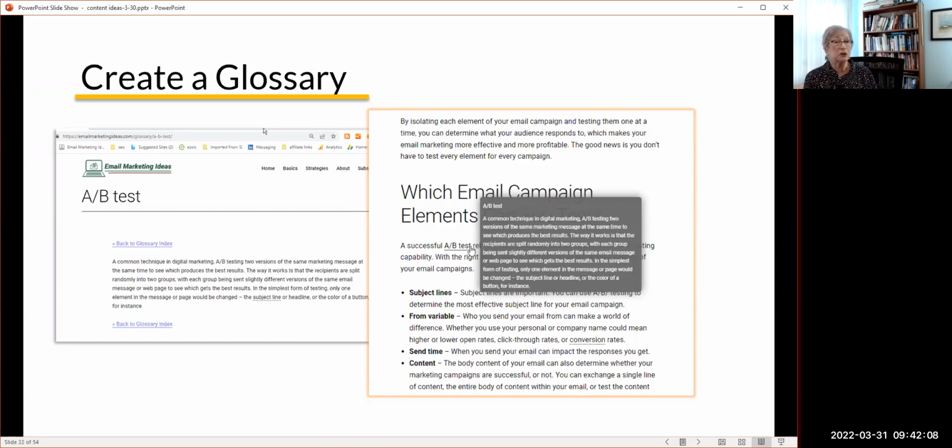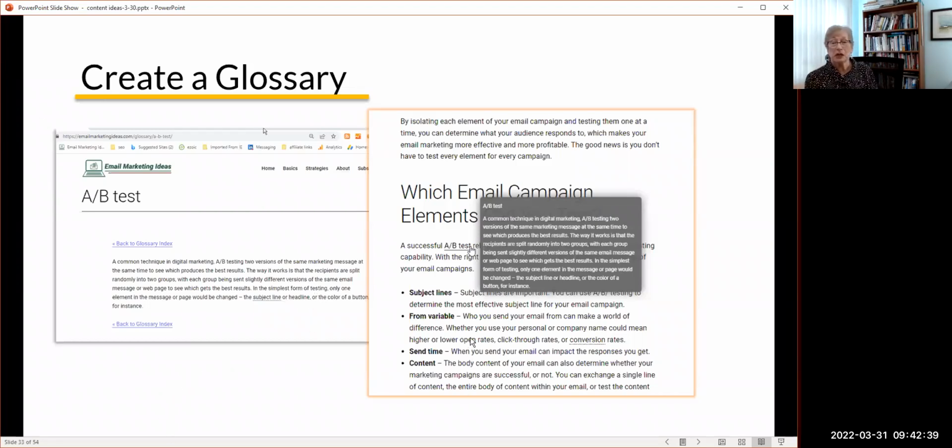So we entered all the terms we wanted in a glossary. This particular plugin then goes out into our content, finds any place that uses any of the terms we used in the glossary, and then underlines them. So when you're reading the content, over here it says a successful A/B test, and it underlines that. If you click on the underline, it immediately pops up the answer: what is A/B testing? So the people don't have to go away. They can stay on our site.